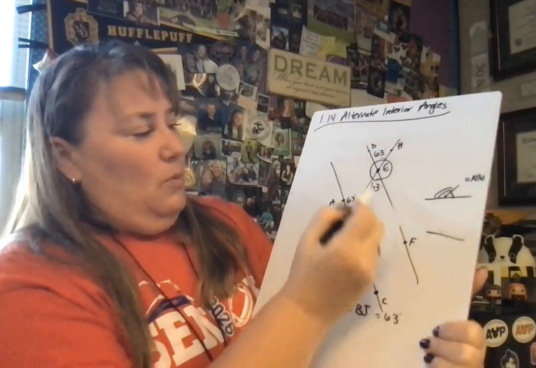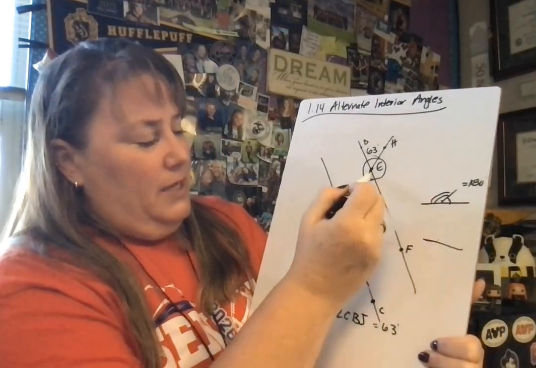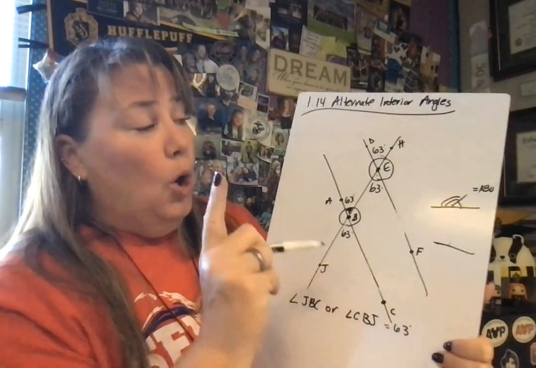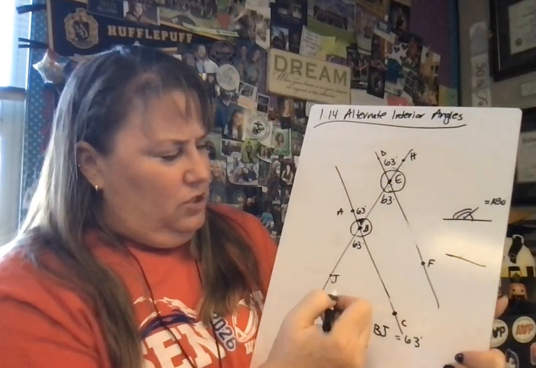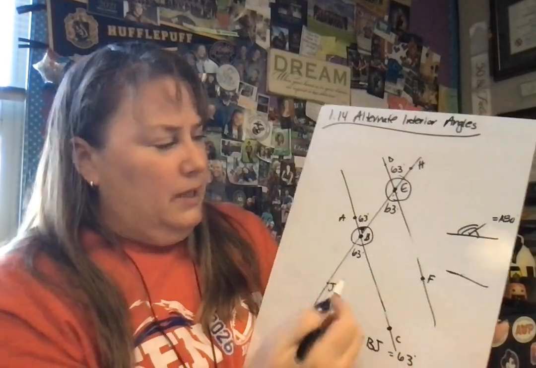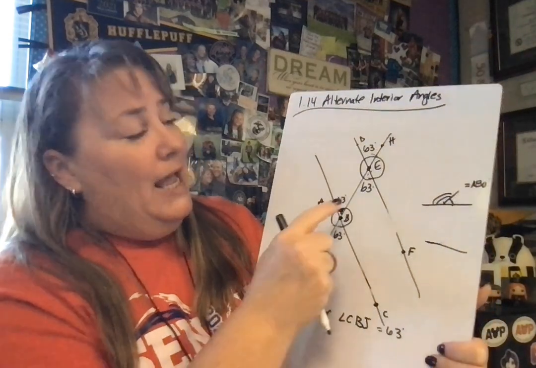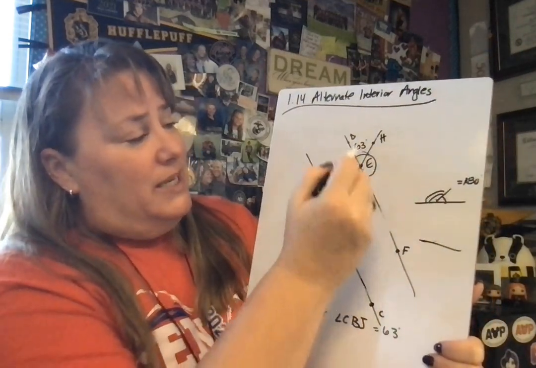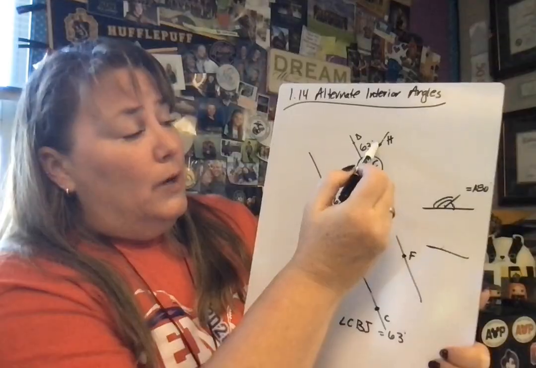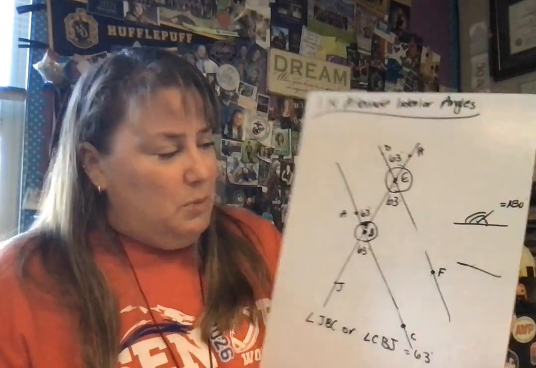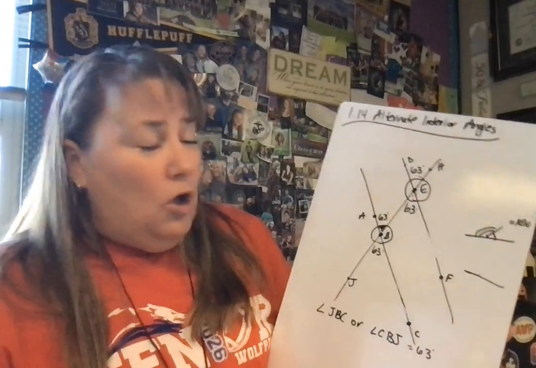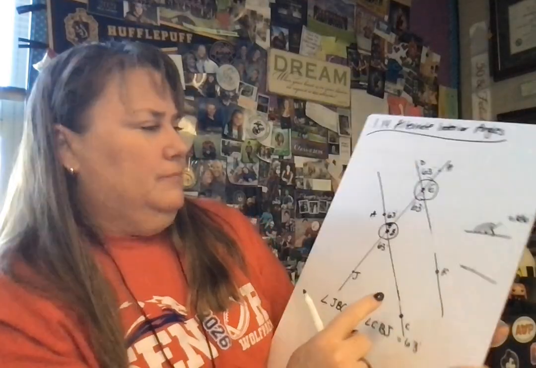Okay, so this angle right here would be FEJ or JEF. So you got FEJ or JEF. Okay, but that's also 63 degrees. And this angle could be DEH or you can go HED. But those two are also 63 degrees because they're corresponding. So now the alternate interior part,